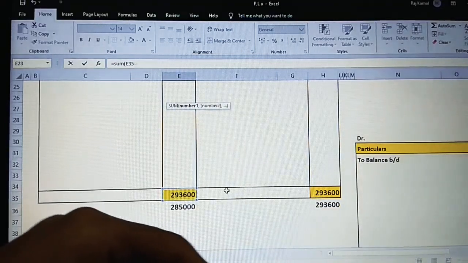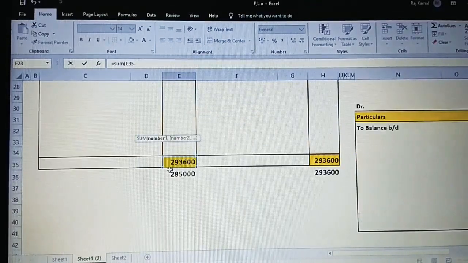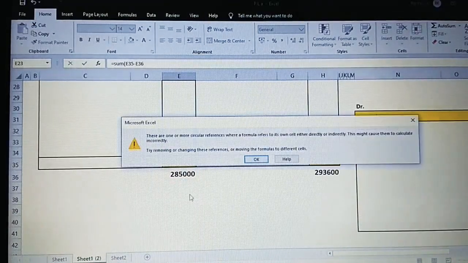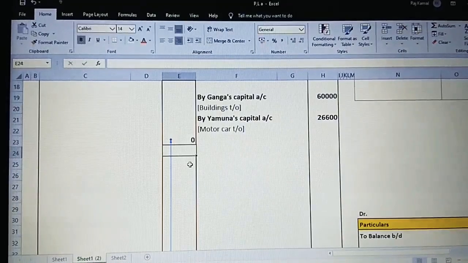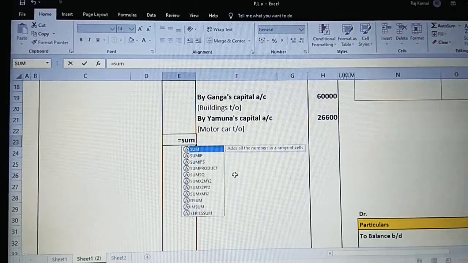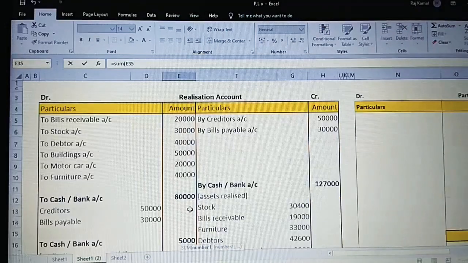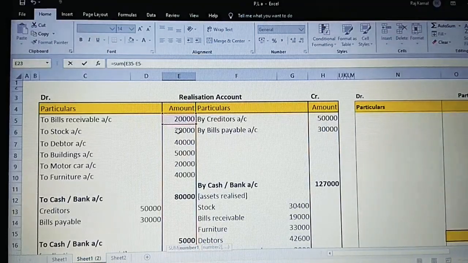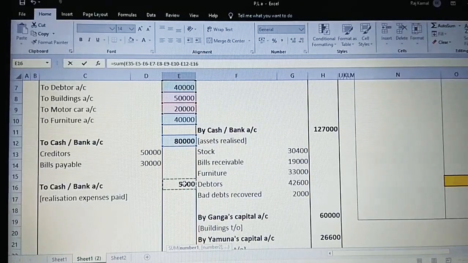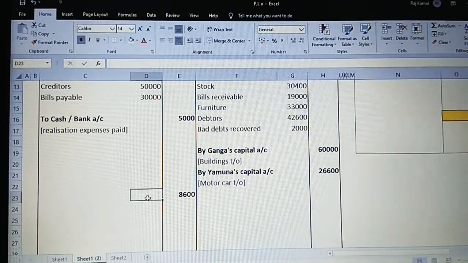2,93,600 minus the debit total. Okay. We couldn't do that calculation, I have to go step by step. So let me just check. Minus... so 8,600 is the profit